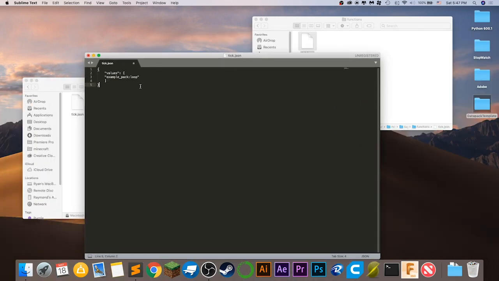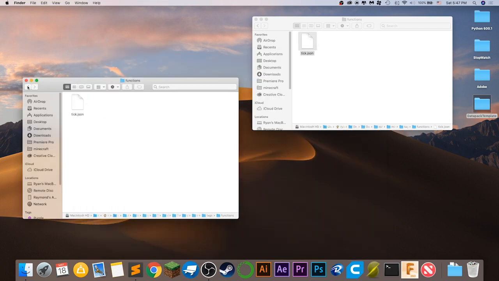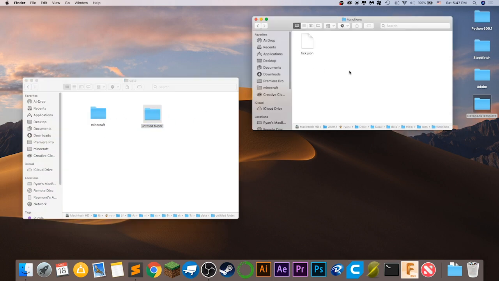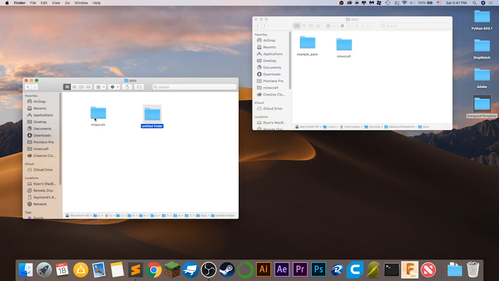Make sure you change example pack to whatever you named your pack inside of your data pack folder. So I named it tank_pack, and just make sure it's saved. And whatever pack name you input into the tick.json has to match not what this says, but what you have over here next to the Minecraft folder. Next to the Minecraft folder, you're going to do tank_pack, or whatever you put inside of your tick.json file, it has to match. So tank pack